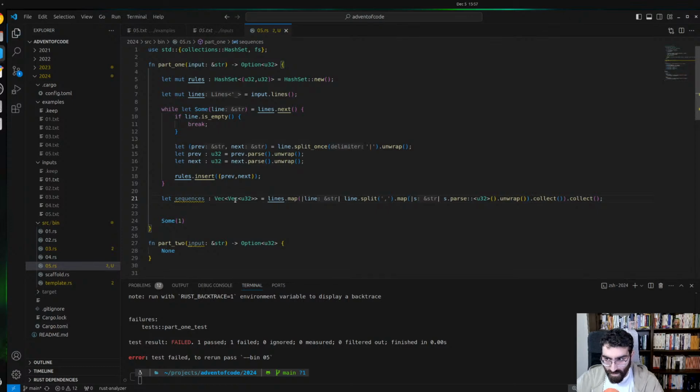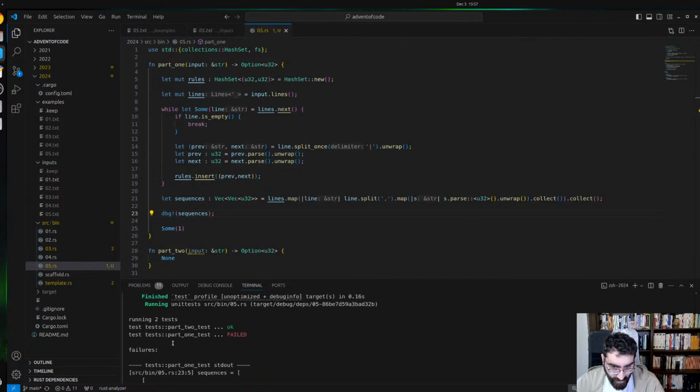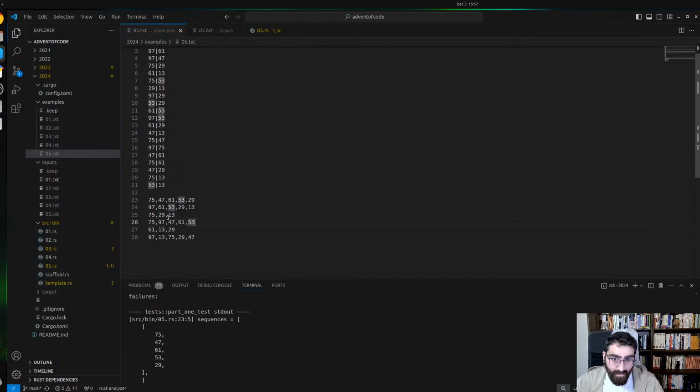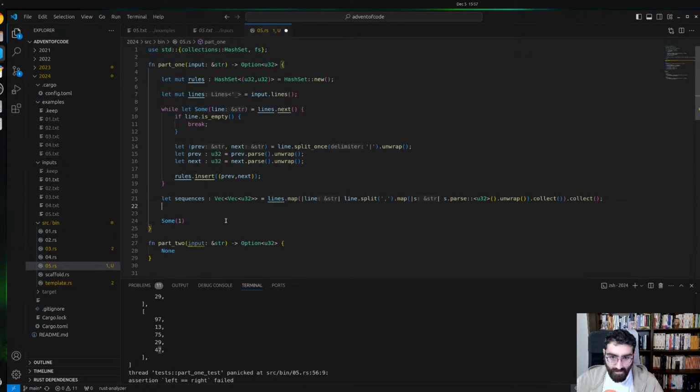We need to check these. Let's see if the sequences are okay. So debug the sequences, and we can test it. We have right sequences 75, 47, 61, 50. Okay. Last one is 97, 13, and 47. Okay. So we have the sequences, we have the input. I think we can extract this, but we need to test, to have the test pass and to solve it